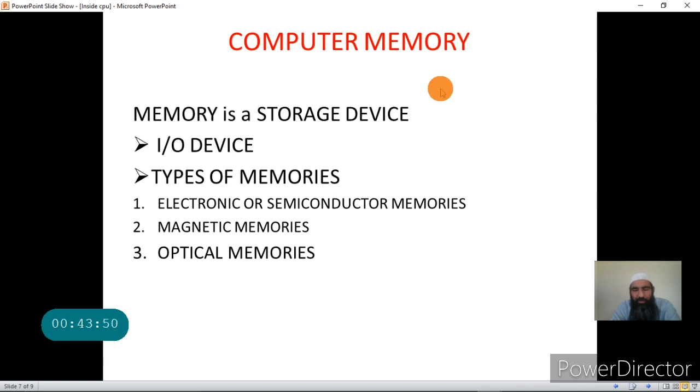I will not go into that, but RAM and ROM are both types of electronic or semiconductor memories. Now, each memory device has its own speed. Electronic memories have fast speed. Magnetic memories are slower because they are based on mechanical principles, and so are the optical memories.